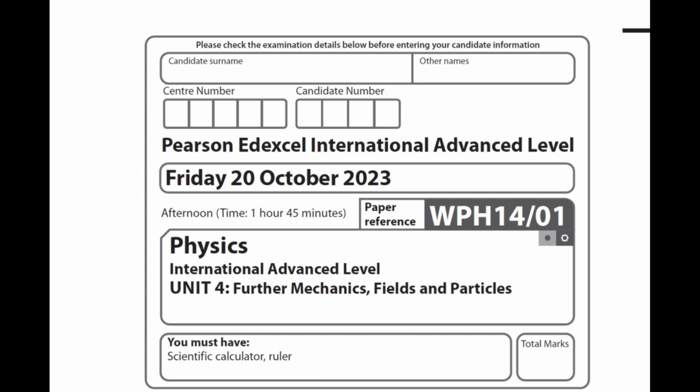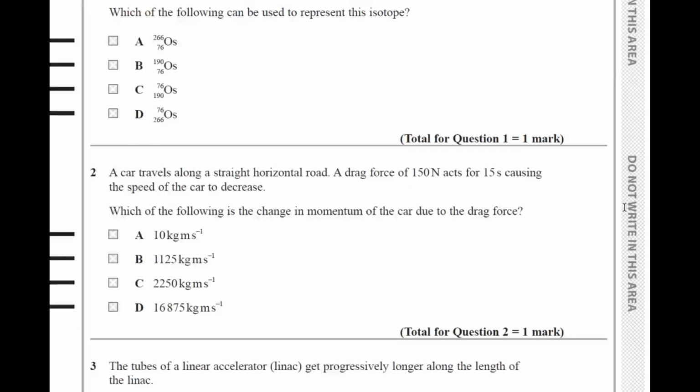I'm Chatari. So today I will be discussing answers for the Edexcel IAL Physics Unit 4 October paper MCQ section A. So let's get started. So first of all,